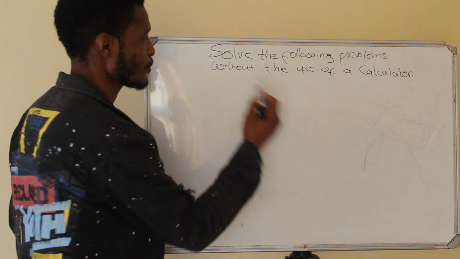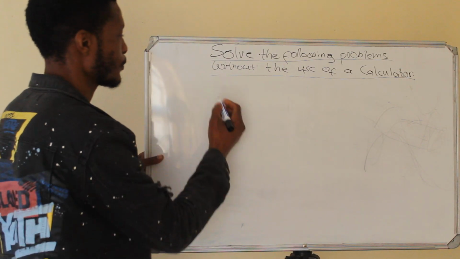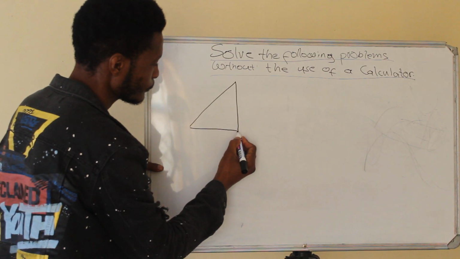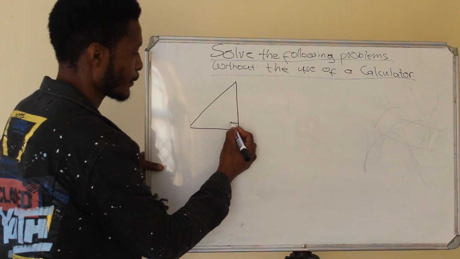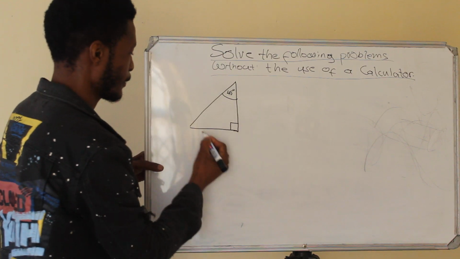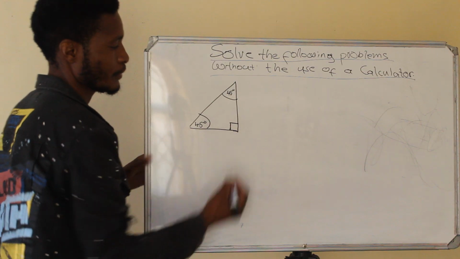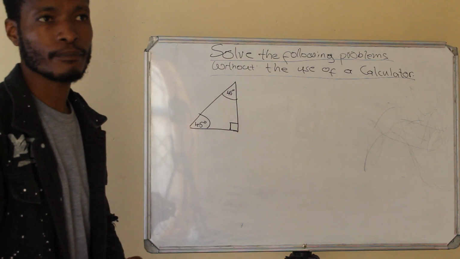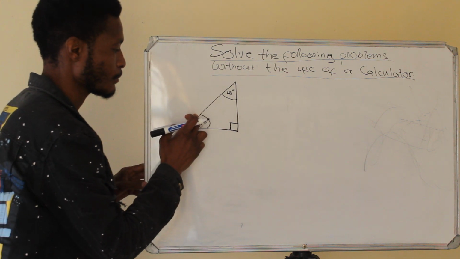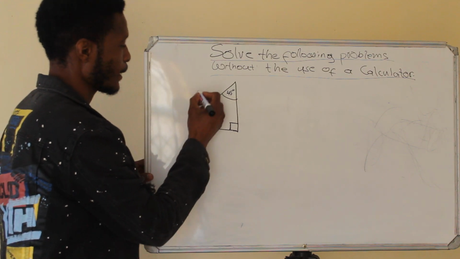Let's start with the first one. Now, remember, they said solve the problems without the use of a calculator. So here's what you're going to do. You're going to have a triangle. This triangle will have 45 degrees here and 45 degrees there, and that obviously is your 90 degrees. Remember, the angles in a triangle are supplementary, which means they add up to 180 degrees. So this being your hypotenuse,